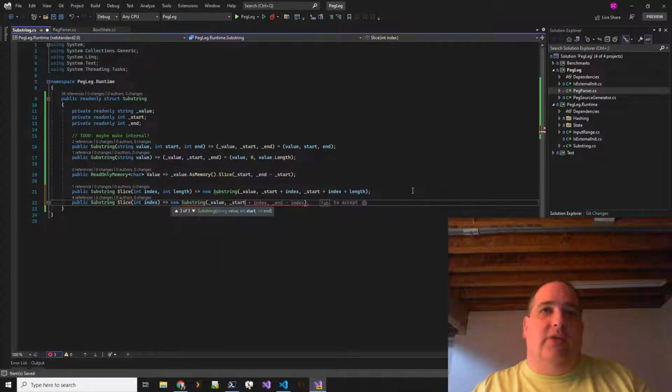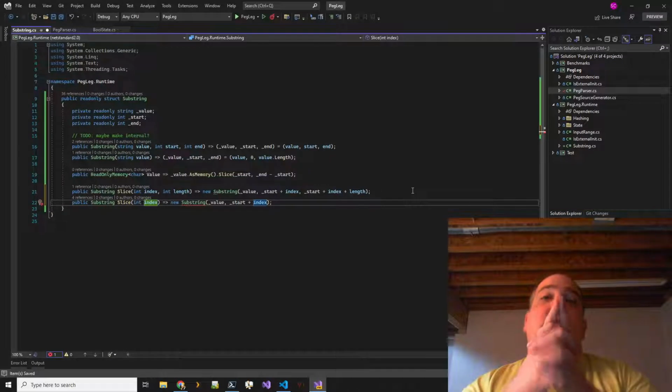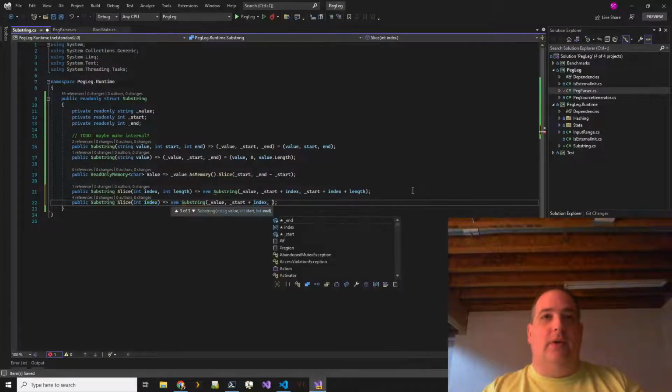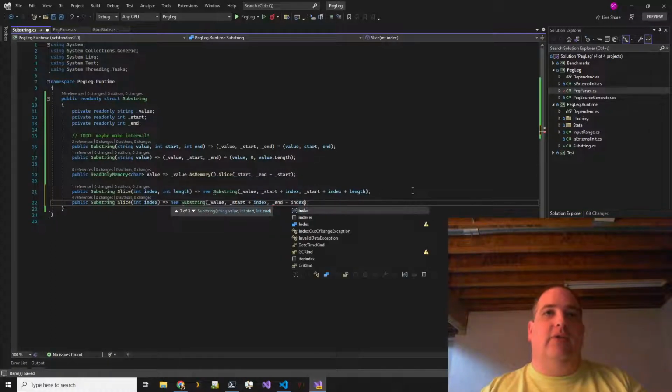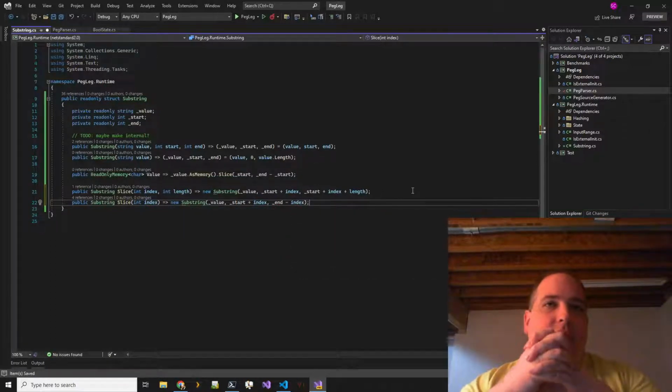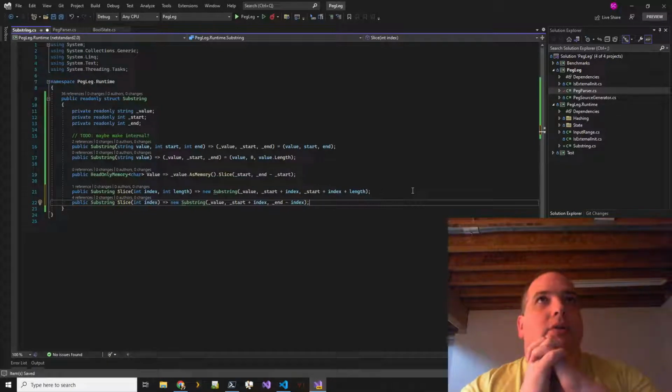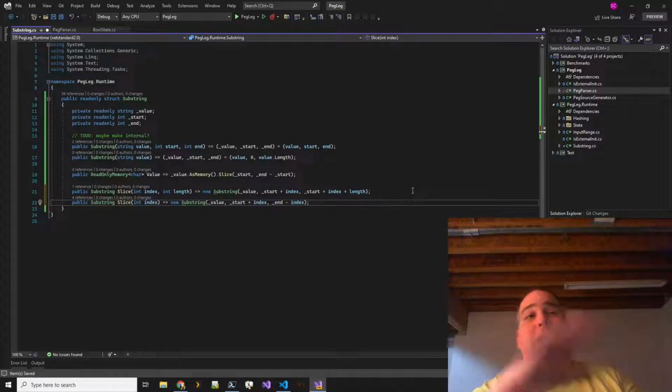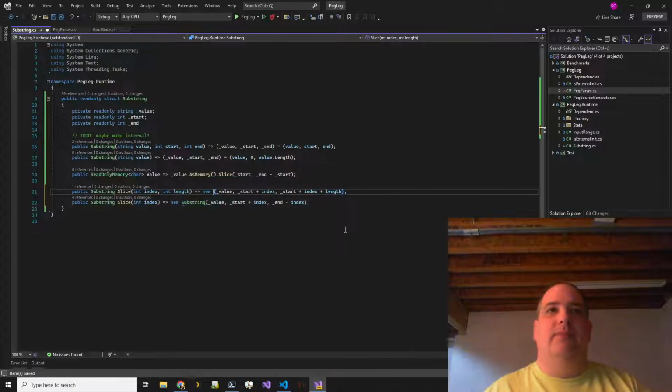The start plus index, that's correct. The end minus index is not correct. Or is it? Actually, in this case, it would be correct. Yeah, actually that one would be correct here. The end minus index, because that's reducing the scope of that. Okay, there's no boundary checks on these slices at all, and I think I'm okay with that, actually.